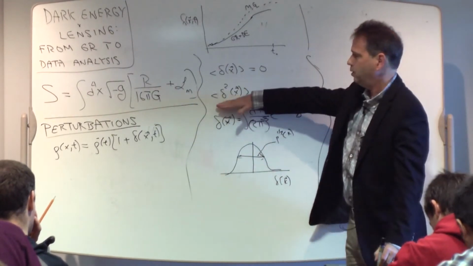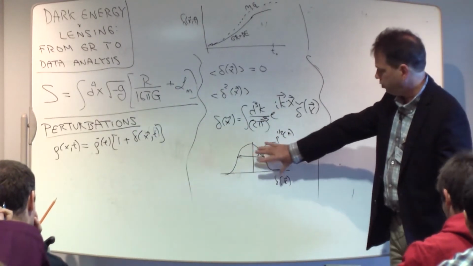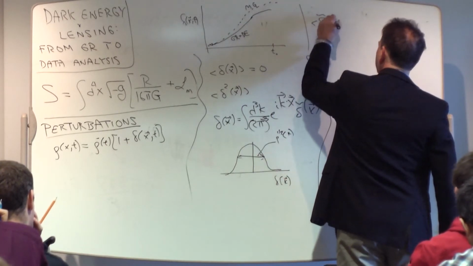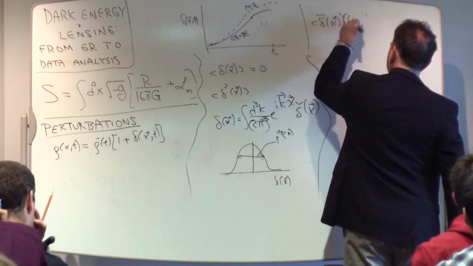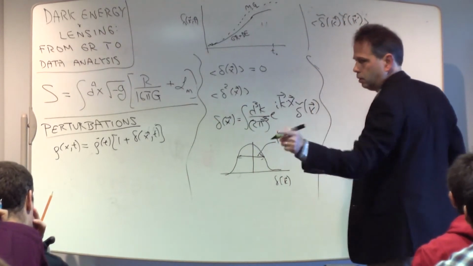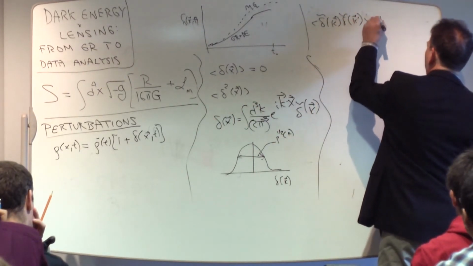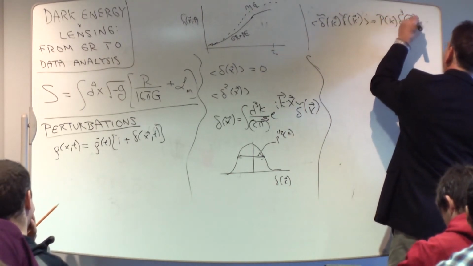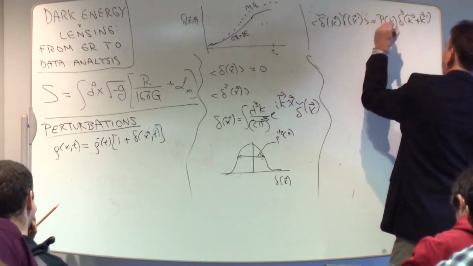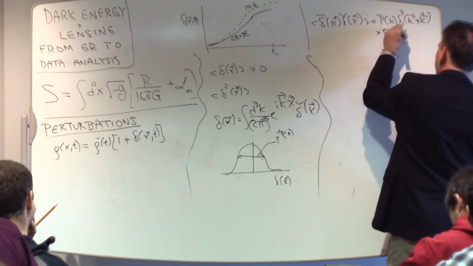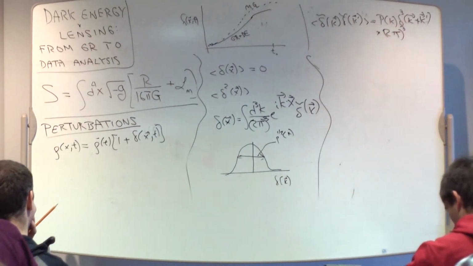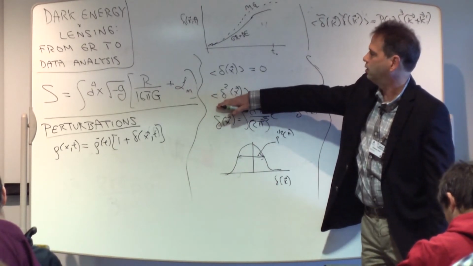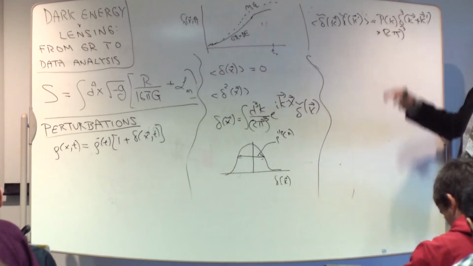So I'm going to ask you now to calculate this, but I'm going to encode in equations what I just said. And that is when you take the expectation value of 2 Fourier modes, then you get the power spectrum. You get a delta function, since the Fourier modes are independent of one another unless it's the same Fourier mode. And then there's just some normalization factor. Okay, so start. I'll give you a couple minutes to try to compute the variance of the fluctuations in terms of the power spectrum.